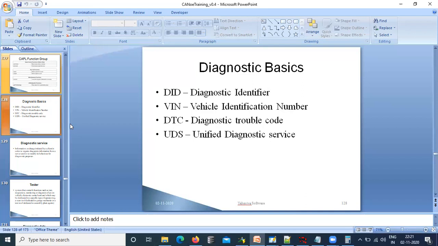Another one is the application layer timing. The application layer timers are required for the diagnostic application layer, where diagnostic requests and responses are handled. Usually diagnosis is based on request and response. The application timing is used for the request and response codes. The application timers are divided into types: P2 CAN server, P2 CAN ECU, P2 star CAN server, and P3 CAN server.